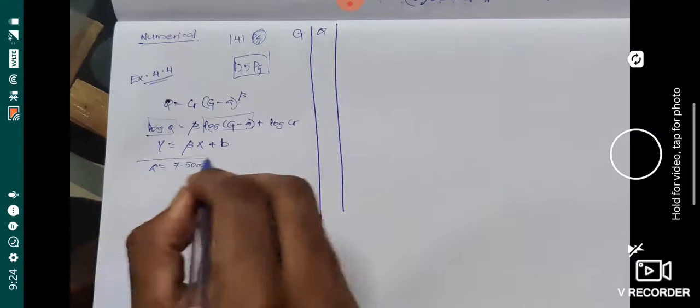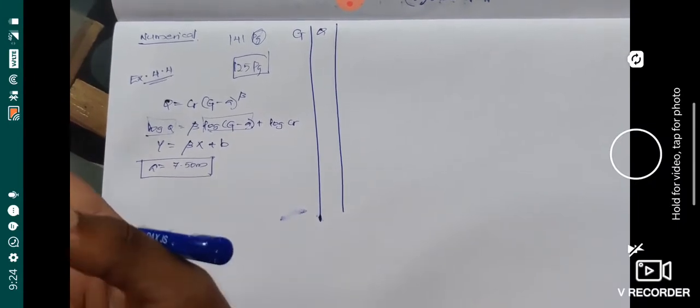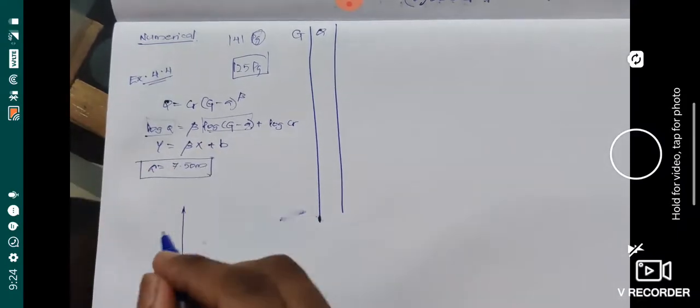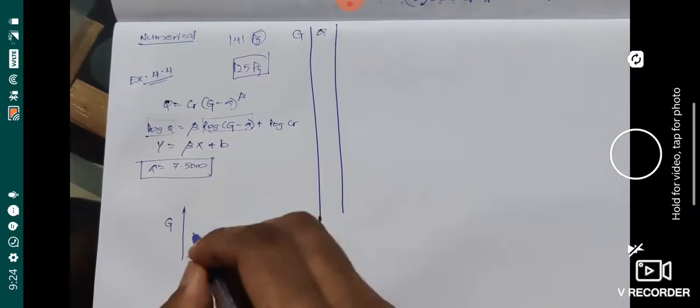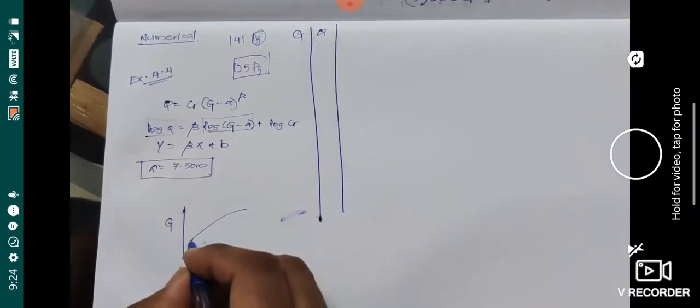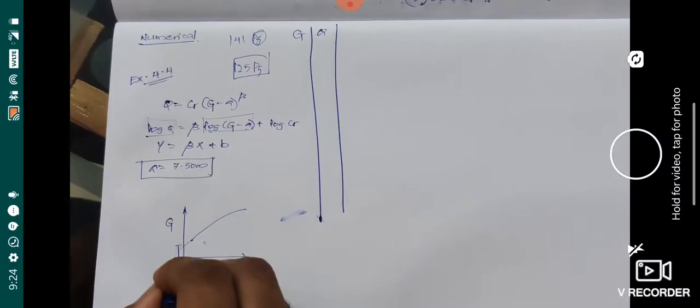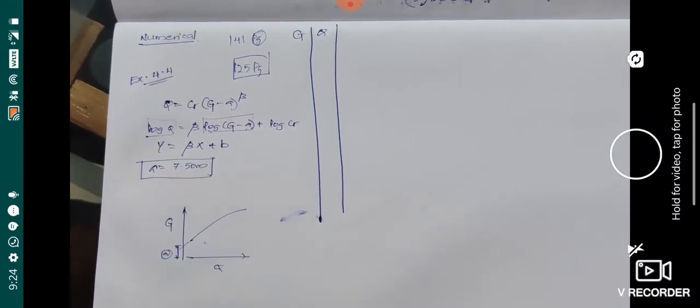If you check the question, the value of A is directly given. So always remember, if it is not mentioned in the question, you have to find it. And how to find it? You can go for the crudest method, which I've already explained. But for theory questions, you have to learn the other methods of finding the A value also. What you need to do is take a graph paper and plot the stage G on the y-axis and the discharge Q, and you will get an approximate curve. You just have to extend it, and this value will be your A value. That's how you do it in the crude method.